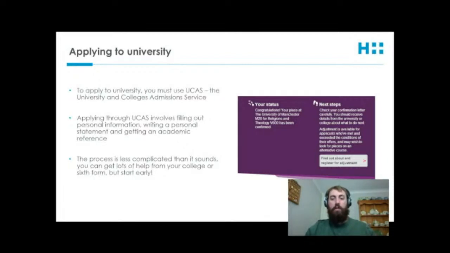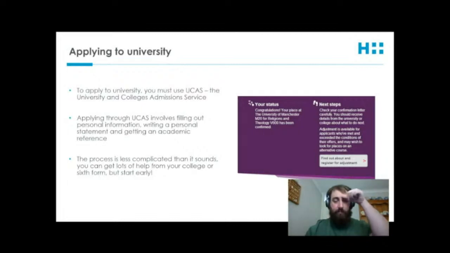So that's a really important thing, which you can get a great deal of information for online. And so the last thing is getting an academic reference. So that is just a reference from a teacher, maybe. You might have a tutor at college or sixth form. Just ask for them. It's very common. They do it every year for lots of students, just to write a little bit about you. You probably won't see the reference, but you just go to them to show what sort of character of person